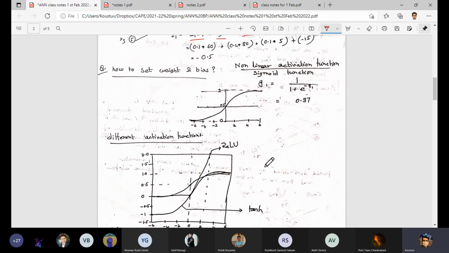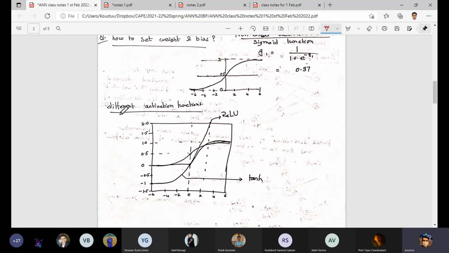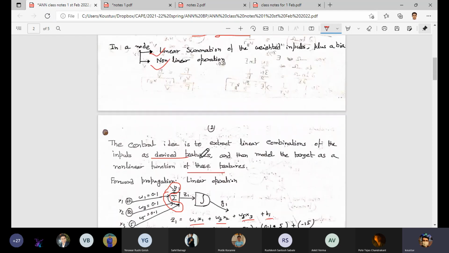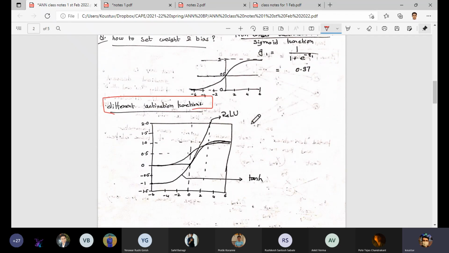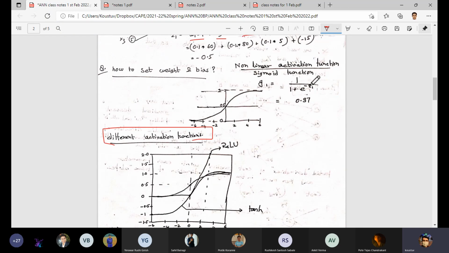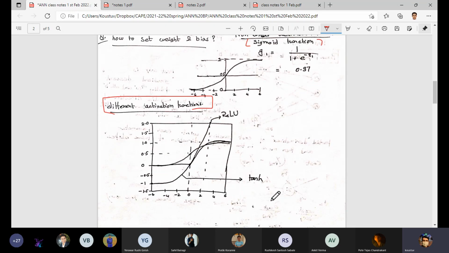Now there are different kinds of nonlinear activation functions. We call them activation functions; it's almost like we are trying to activate, or rather introduce nonlinearity into the model. There are different types of activation functions, and the one most often used is called the sigmoid function, or logistic function. It looks like this. It has sufficient nonlinearity in its nature. There could be others.